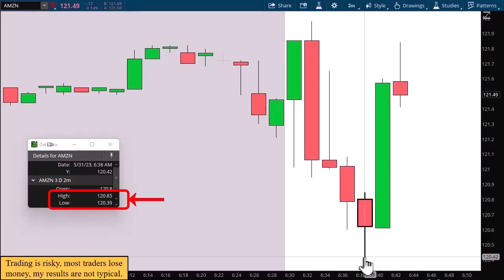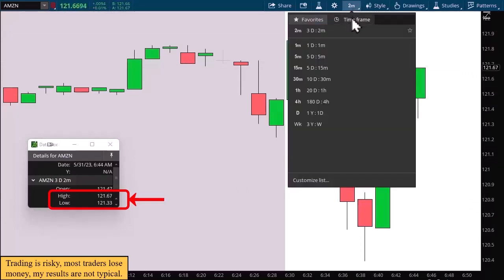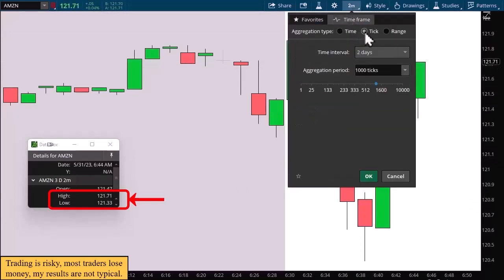Now if we put our stop below the low of the previous bar, the low of the swing, it's 120.39, as you can see there. So we have to take into consideration with our time interval, again, something a lot of people don't think about: when you choose your time interval, it has a lot to do with how much you can risk in a trade. I'm going to bring up a tick chart here as well